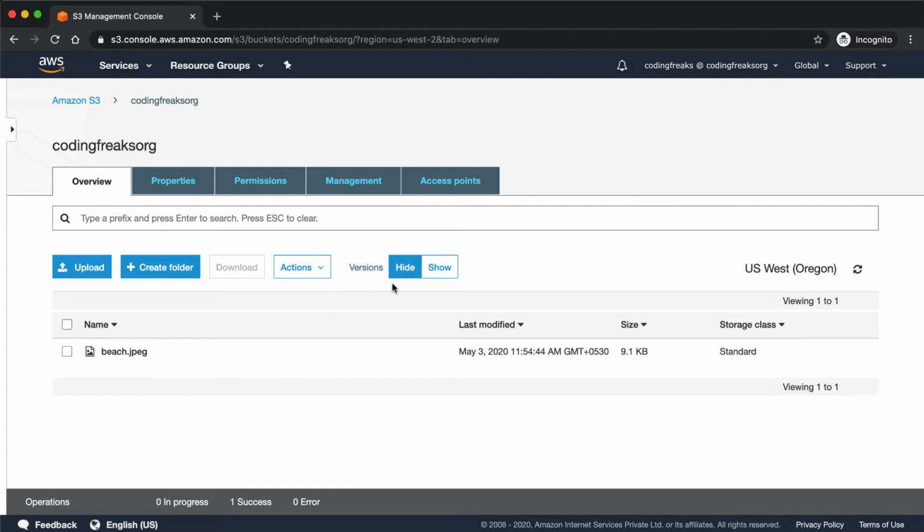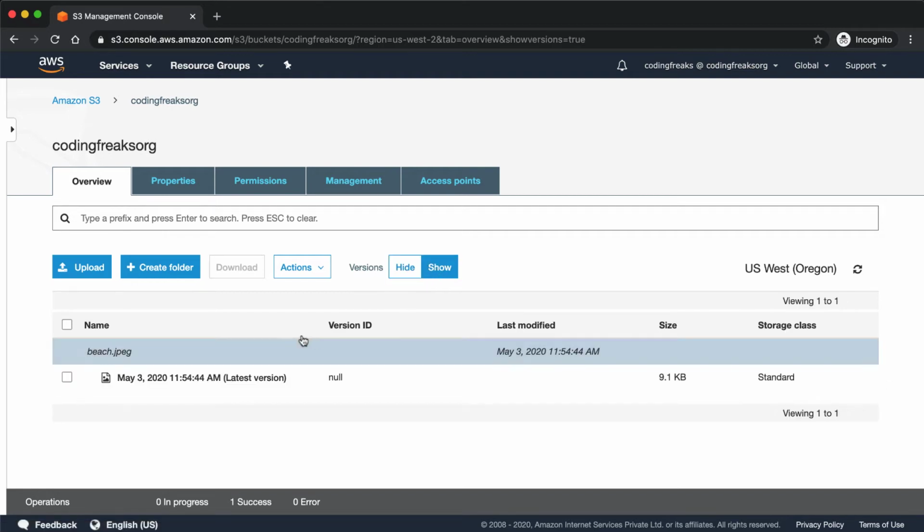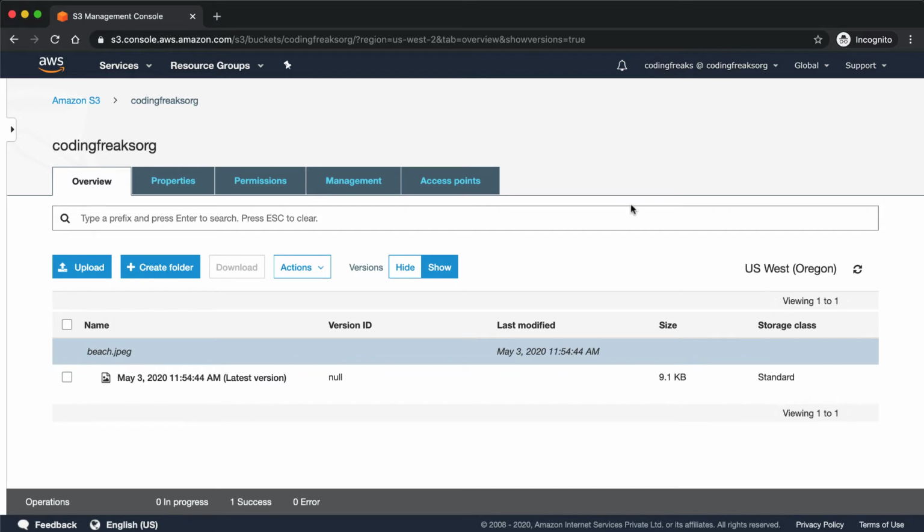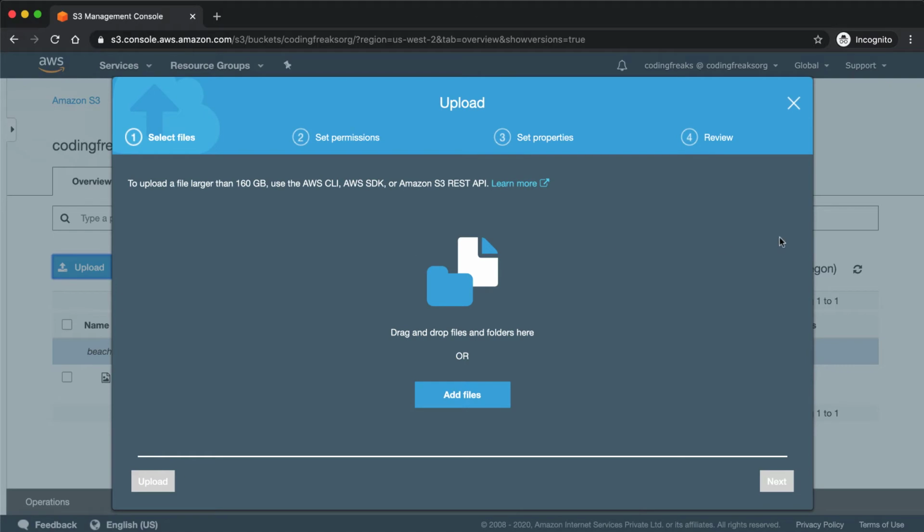If you click show, then we see that the version ID is also there, and the name of the file with the timestamp. If you hide it, the view is very much basic as it was previously. So let's keep the show enabled and let's upload one file. Prior to upload, let's have a look at the version ID of this. The file which we uploaded prior to enabling versioning has a null version ID. And if we are going to upload a new file, I'm just giving a different file at this time just for demo purposes.